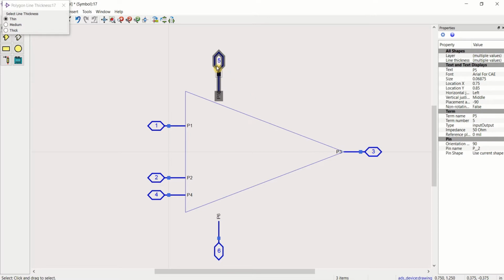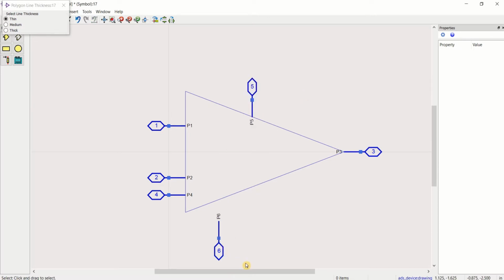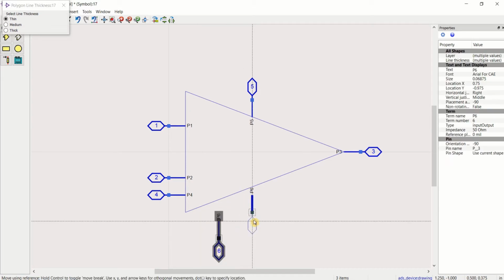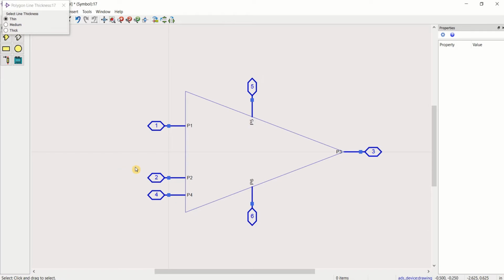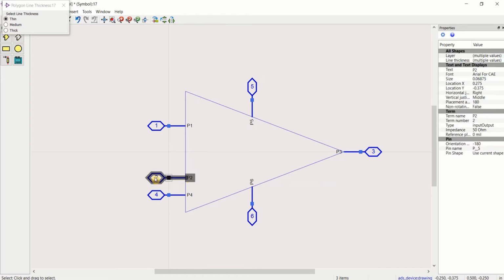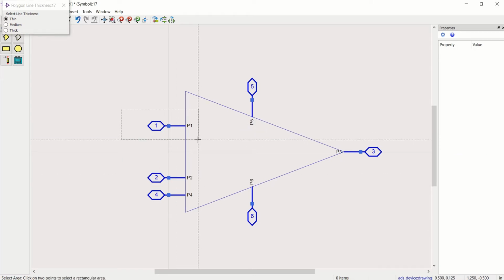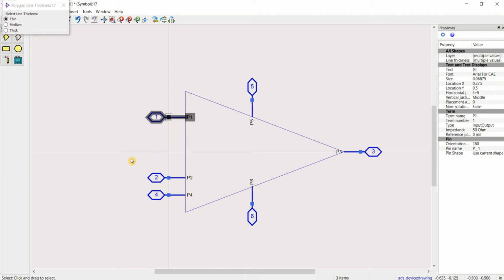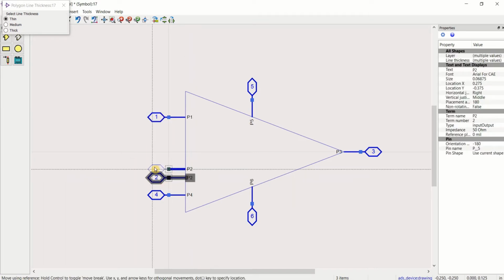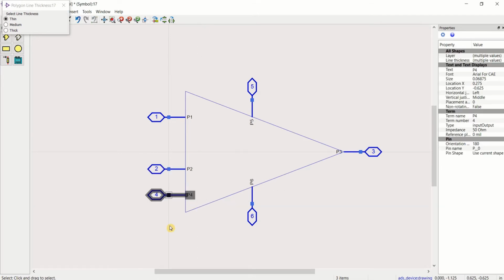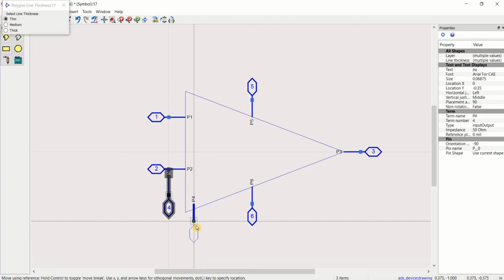Input, P5, P6, or I can use this P4 at the bottom of this or at the edge.